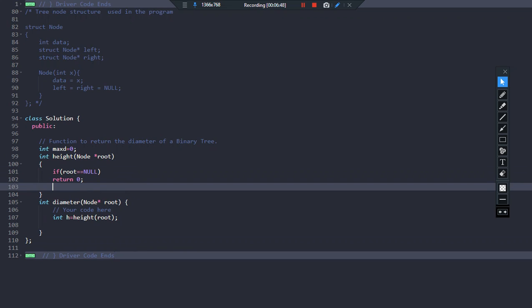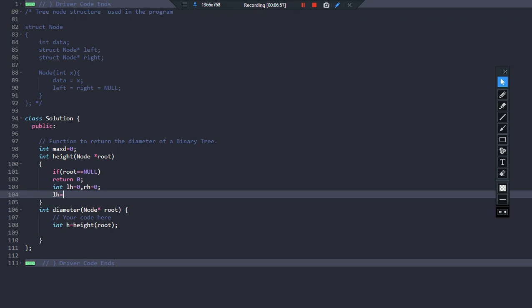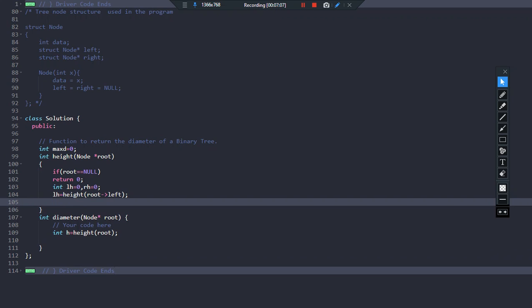Otherwise we compute the left height. So integer left height equal to 0, comma right height equal to 0. Left height of the tree is nothing but a recursive call on the root of left. Done. Compute the height of the subtree, which is nothing but again a recursive call on root of right. Done.